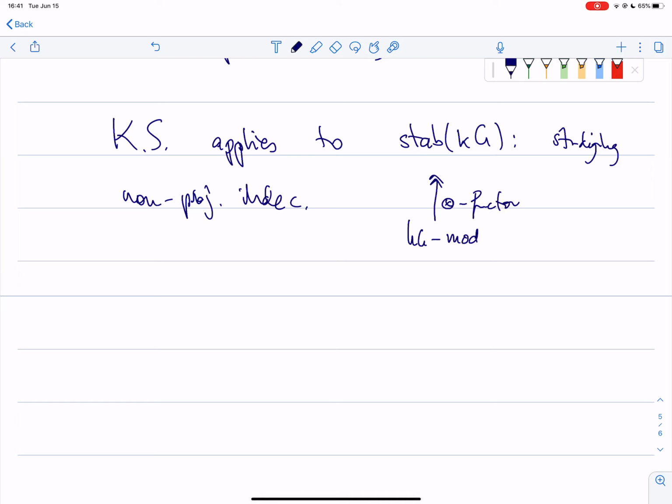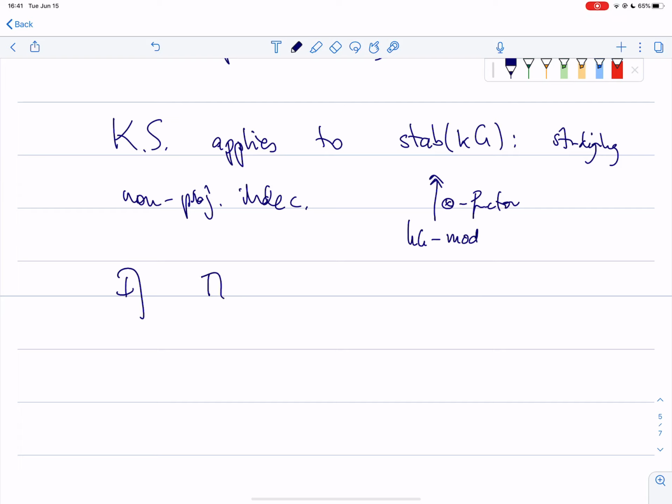Because that's how we create the tensor on the stable category. This one is an abelian category, this one is a triangulated category, whatever. You can still wonder, what are the invertibles, the tensor invertible elements, and why is it interesting? Because even if you think about this, trying to study the non-projective indecomposable, if you have an invertible element, if